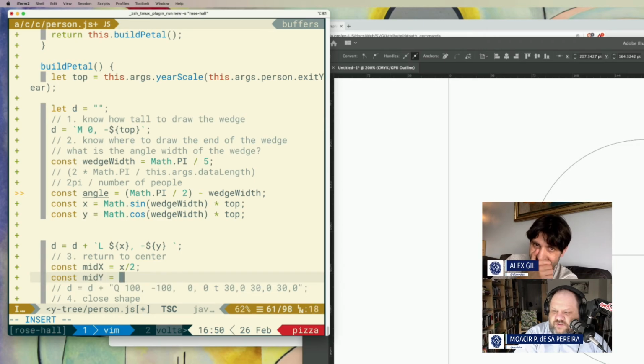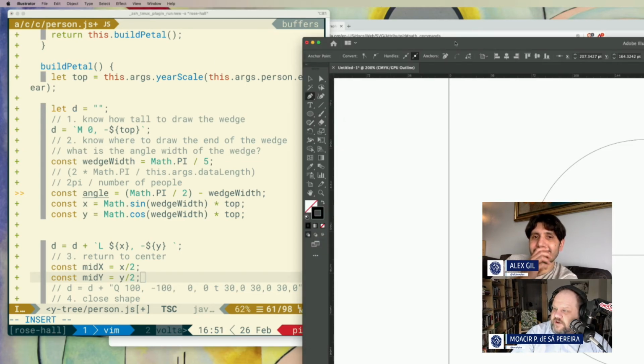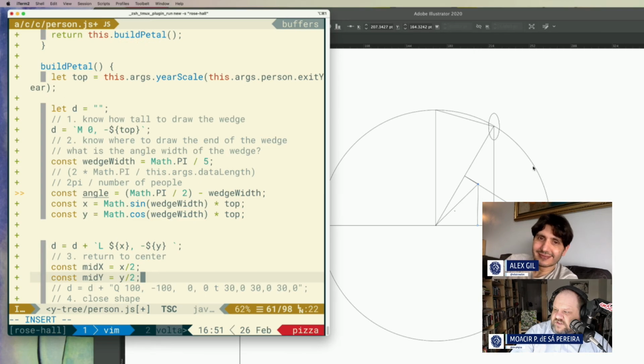Mid y is equal to y over 2. So this gets us to this point. I don't know, it's not even on the screen anymore. So this gets us to here. Sorry. Then we know